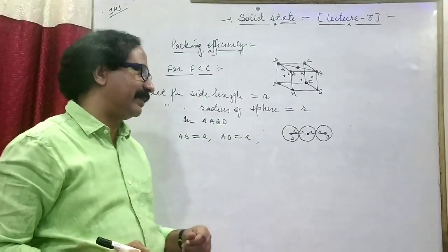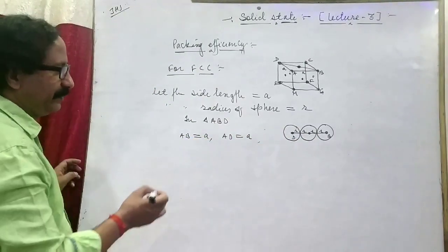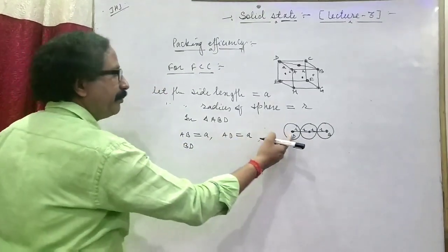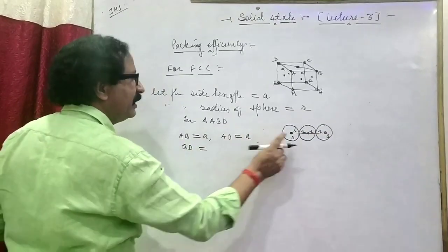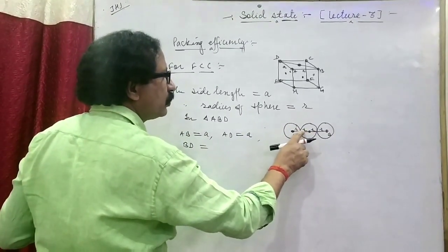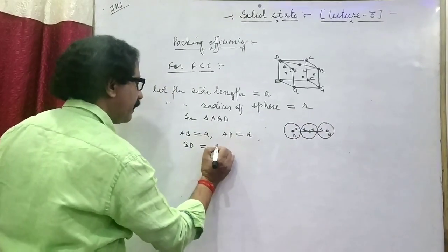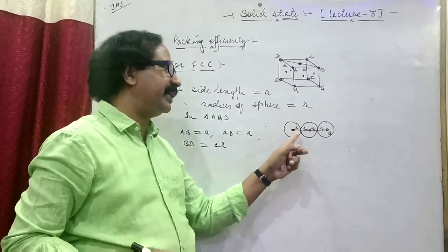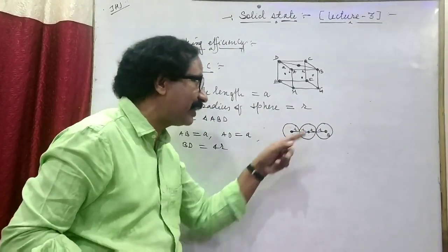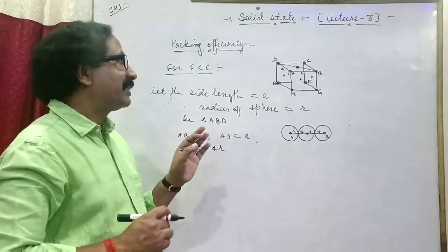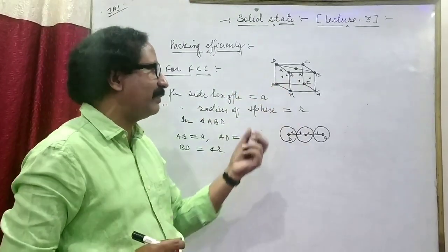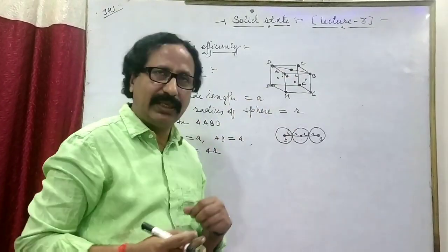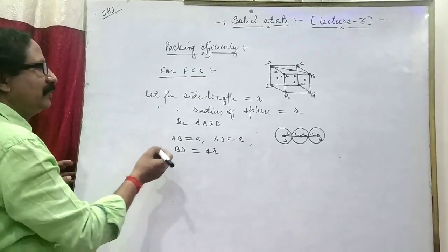According to this packing concept, what is the dimension of BD? BD is R plus 2R plus R, that is 4R. According to the packing concept, the dimension of BD is equal to 4R. Simply during the sketching of a figure these look so small, but actually these are solid components. They are touching each other, that's why it becomes solid. Okay?